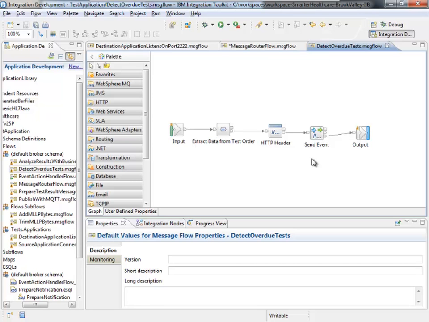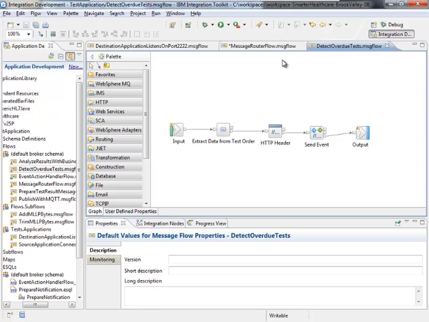So specifically in this case, we're going to be looking for the pattern of a test request message being sent out without a corresponding test result within a certain period of time. And what this will identify for us is situations where a test is overdue or taking longer than it should. And in this case, we're going to go through the same machinery that we did before. We're going to notify Dr. Bloomfield on her mobile device so that she can decide what she wants to do.